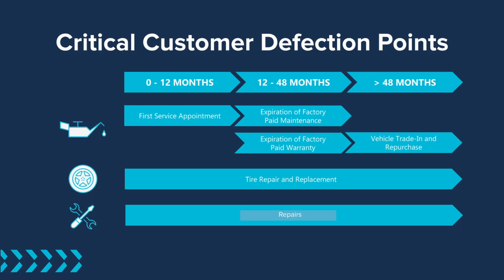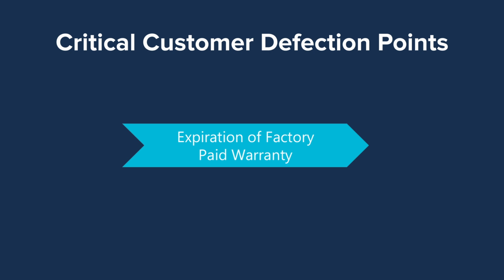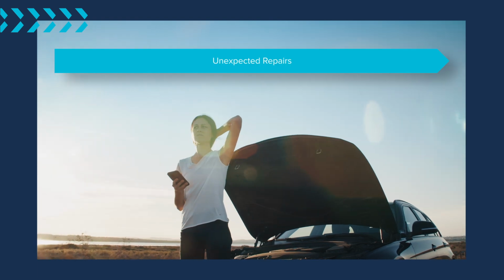Of the 6 major customer defection points dealerships face, some things are straightforward to plan for, like when factory paid maintenance is up or the OEM warranty has expired. But most dealerships have a hard time keeping customers coming back for tires and unexpected repairs. When customers need roadside assistance, who they call can determine whether they come back to you or end up with a competitor. Even factory roadside assistance won't necessarily tow customers back to your dealership if there's a closer one to